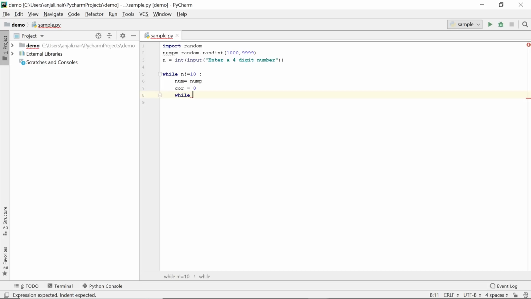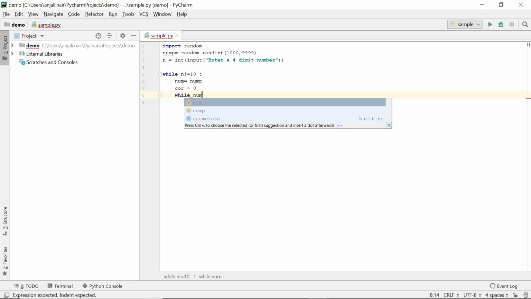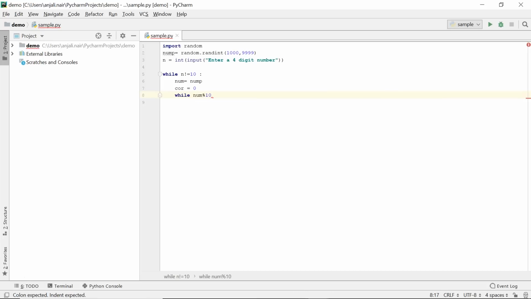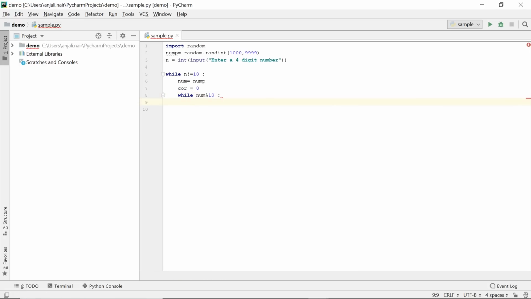So we'll run the while loop as long as num mod 10 exists. Every time you do a number mod 10, it extracts the last digit. So if a number mod 10 does not have anything to return, that means our number is empty, and then we can exit out of our while loop.